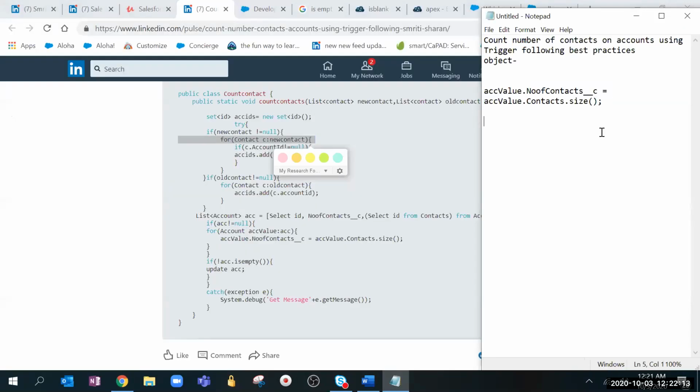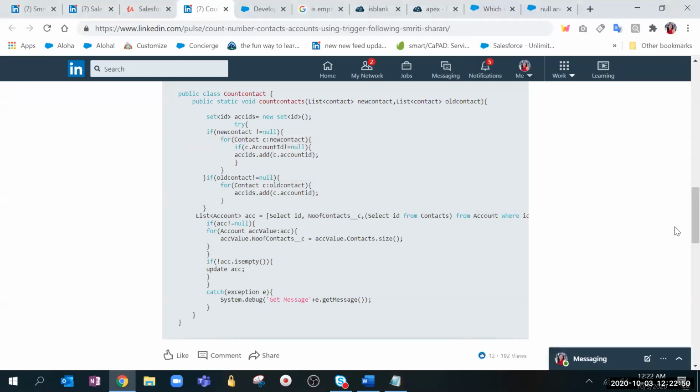So this is a very important question. The most important questions on triggers, the complex ones, are one, roll-up summary, and two, triggers for related objects in a relation, like lookup or master-detail, which we have been doing the whole week, like updating child records based on the parent. Here we have created a custom field on the account object, calculating the number of child records, which are contact records.